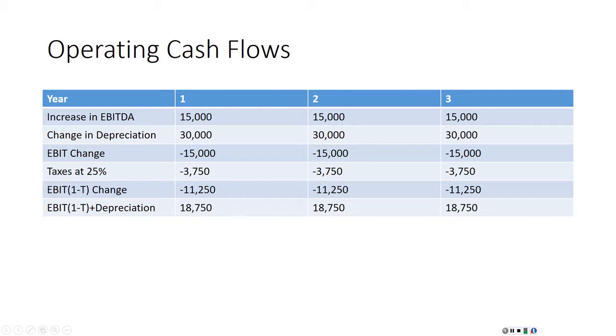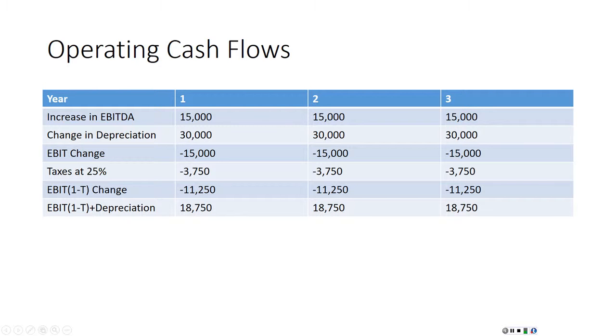The operating cash flows: the firm would save $15,000 a year for 3 years in earnings before interest, taxes, depreciation, and amortization. Depreciation would increase by $30,000 a year because of the purchase of the new machine. So the earnings before interest and taxes change would be a negative $15,000, which means we could use that money